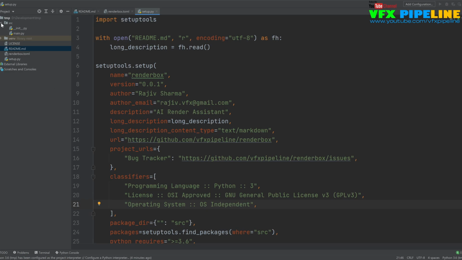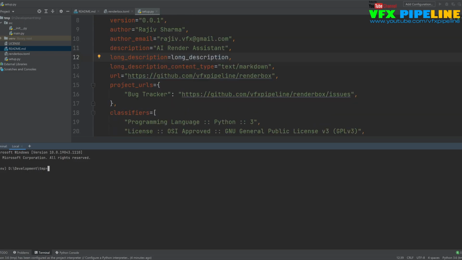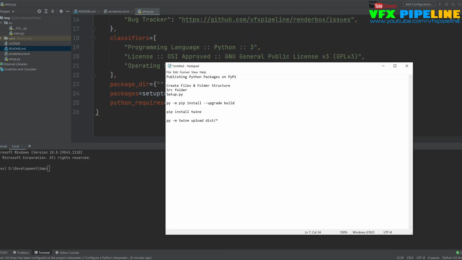Now this is our package. Now we need to go to our terminal. Once we are in our terminal, we need to install some packages. Let me show you the steps of what we are actually doing. For publishing Python packages, first the files and folder structures that we already built, the source folder which is important, and the setup.py file which we already did. Now we need to install these two packages.